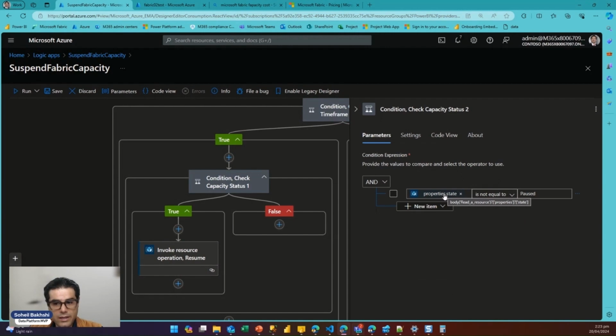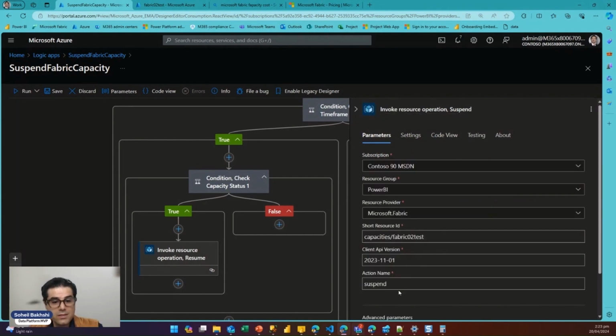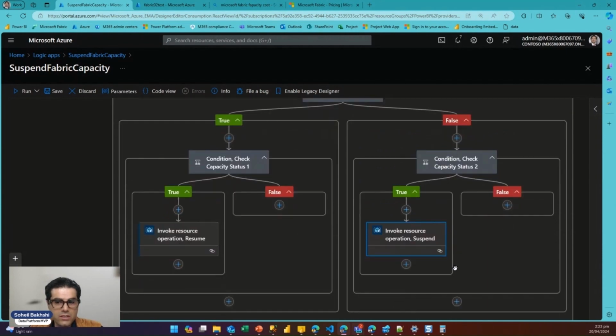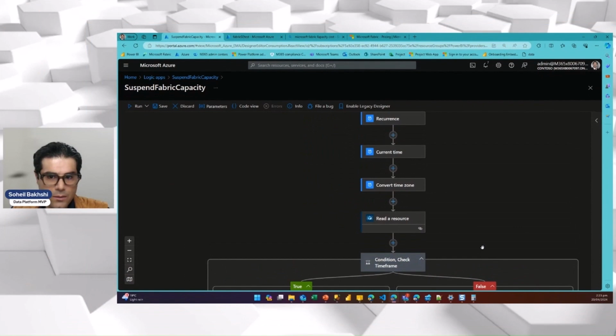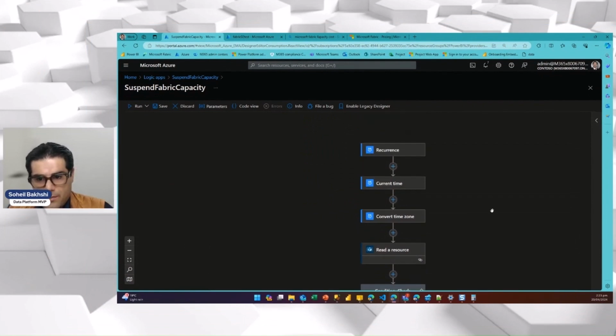So I looked at the status of my capacity. If it is paused, then suspend it. If it is after 4 p.m., right? So that is exactly what this workflow is doing. If it is after that, it goes to put my capacity on pause, right? So implementing this